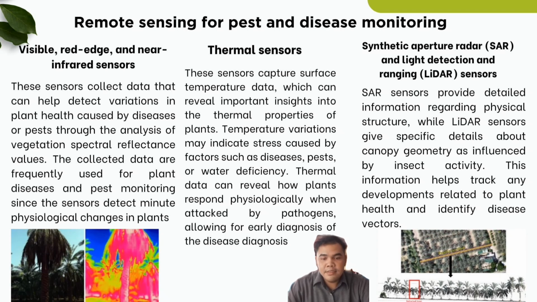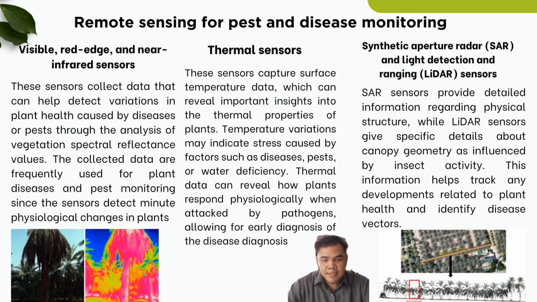where this sensor collects data that can help detect variation in plant health caused by disease or pest through the analysis of vegetation spectral reflectance value. The collected data are frequently used for plant disease and plant monitoring since the sensor detects minute physiological change in plants. So the next